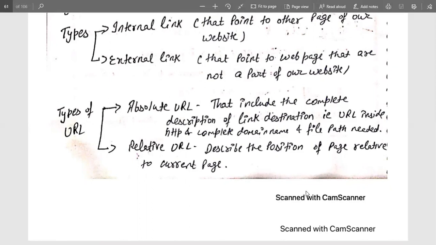That means I will refer to the 5 value as an attribute, so that will reflect the relative position from my current position. But if I am talking about an absolute URL, then the value becomes 15 because I have to refer from the starting to the end.